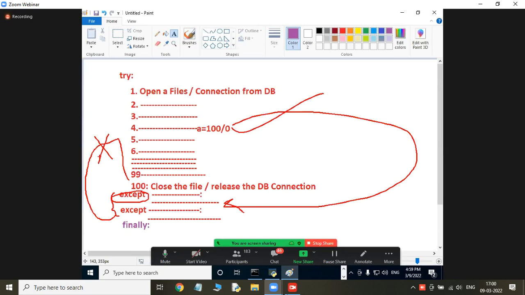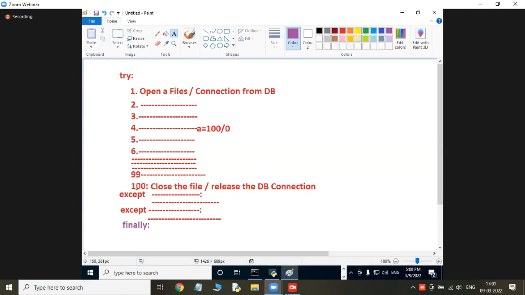Simple. You asked your friend to give his room keys. He has given the keys. You got an urgent phone call and went out without closing the doors. What will happen? Some theft may occur. Something like that. Once you open the file, it is mandatory to close your file. Otherwise, the file data will become inconsistent. Now tell me, is it better?